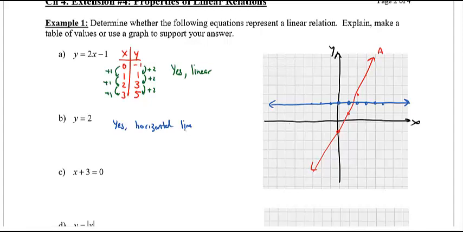Okay? Now x plus 3 is interesting, because if I were to solve this, I get x equal to negative 3. Hopefully, remember from Math 9, that's right, a vertical line at x equals -3. So, is this a linear relation? Yes, also a linear relation, because this is a vertical line. Alright,